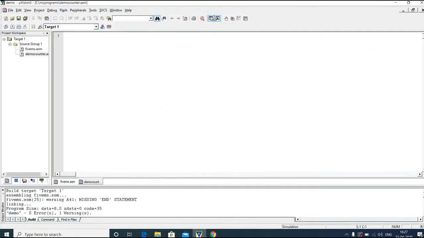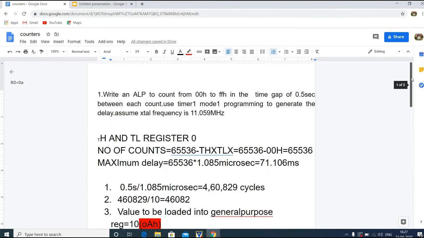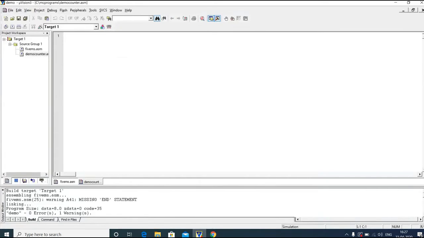Okay, so now in this program, as the question asks, use timer 1 mode 1 programming. So timer 1 mode 1 programming means TMOD should be loaded with 10H.